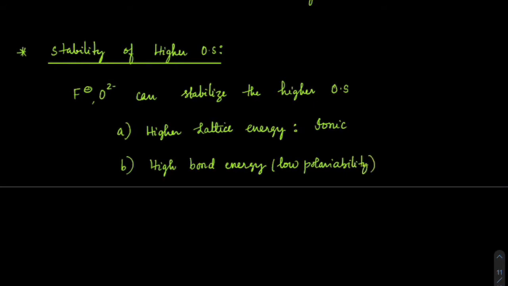Because fluorine and oxygen do not polarize at all, they will also show high covalent character. You can see the metal-fluorine and metal-oxygen bonds would be highly covalent in that case. Okay, ionic character is bringing the strength overall to the molecule, right?